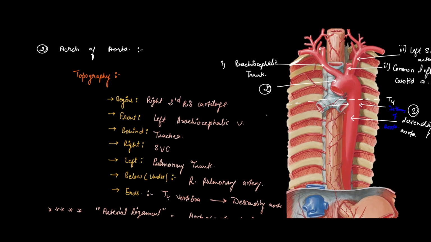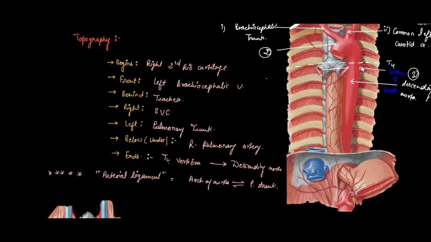So it can be easily understood from the previous part which we studied before, that at the level of T4, the arch of aorta gets transformed into the descending aorta. In the beginning there is a constricted section which is known as the isthmus of aorta. This descending aorta is further classified into 2 to 3 major parts on the basis of their location